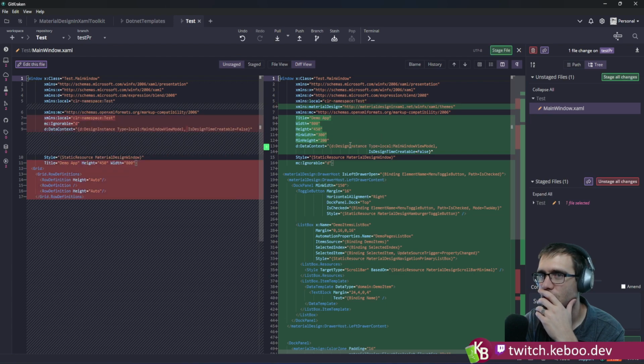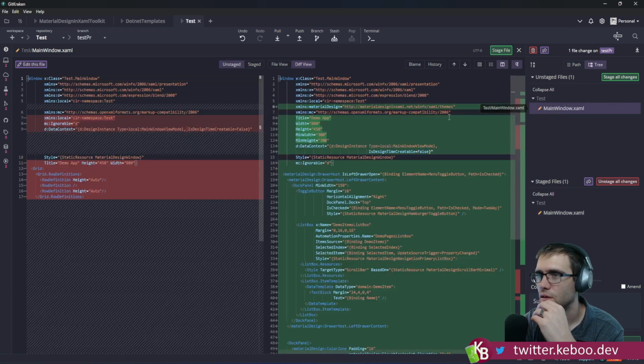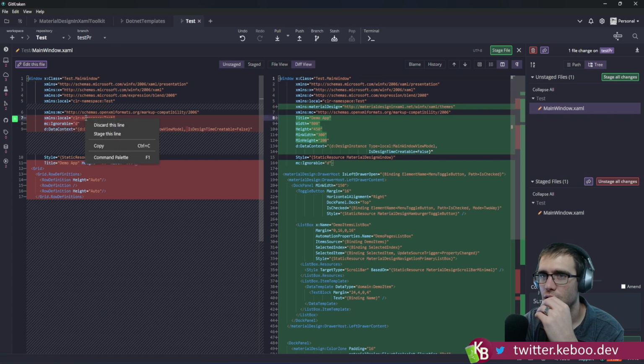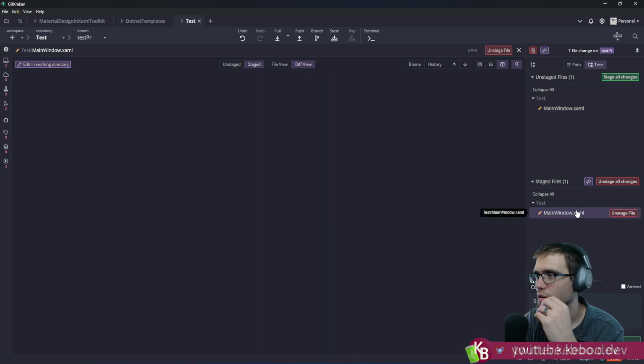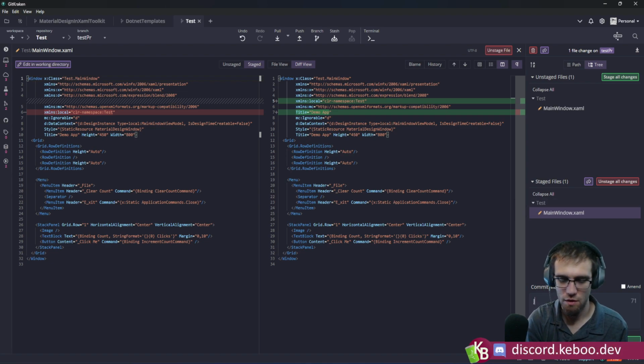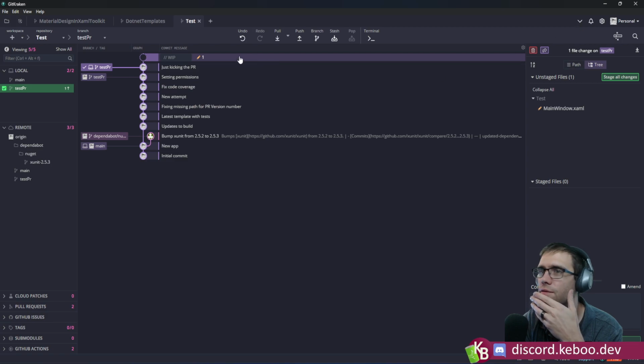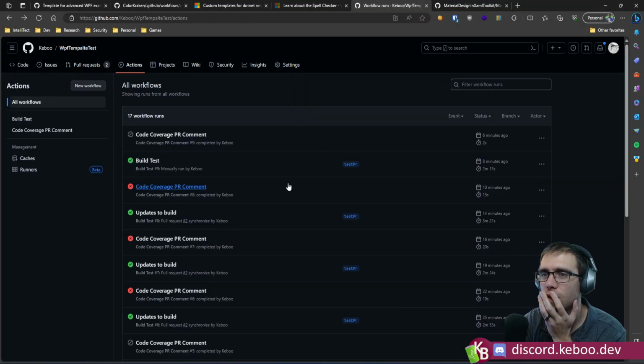Stage this line. So what does that look like then? Stage this line. That means it literally looks like that. Cool. Just kicking the PR. Okay, so I'll fire that off just so we can see, again, I want to see the PR comment